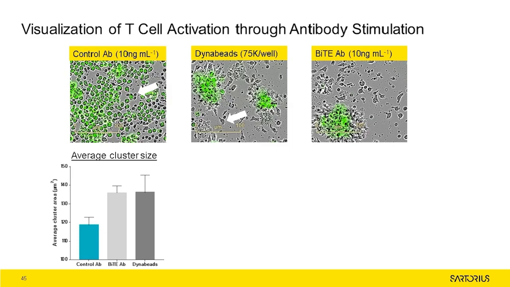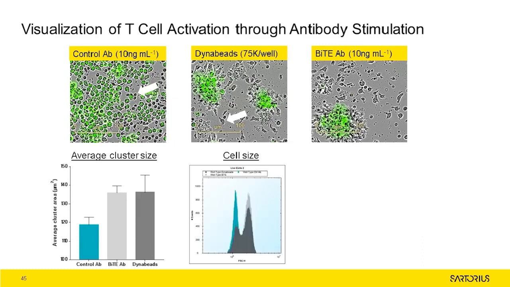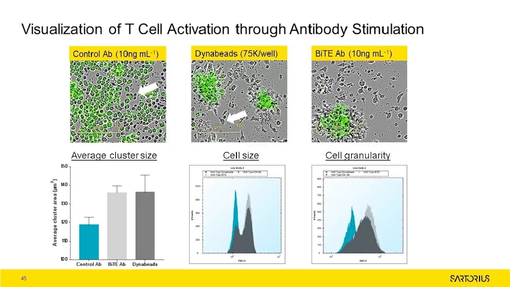The activated PBMCs also increase in size, which can be seen clearly in these images and quantified. This is also corroborated by the data taken from the same 72-hour time point and analysed using the IQ. A forward scatter histogram showing the three populations validates the observation from the IncuCyte, with the two activators generating very similar responses, where we see a shoulder appear that represents the larger subpopulation of the activated T cells. Side scatter histograms also show the change in granularity was highly comparable between the activators.